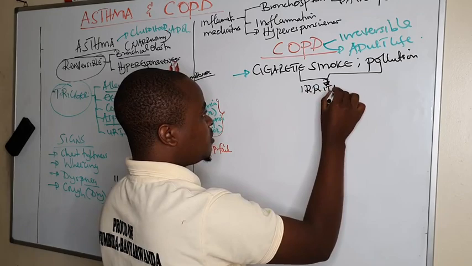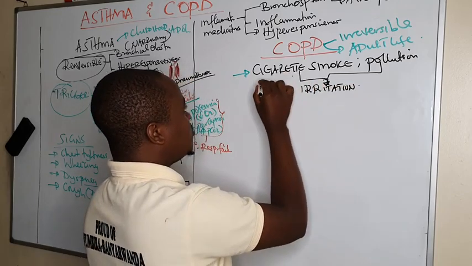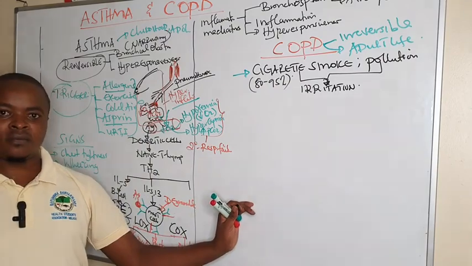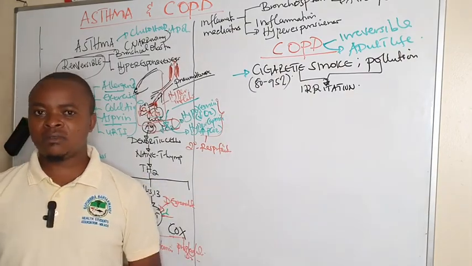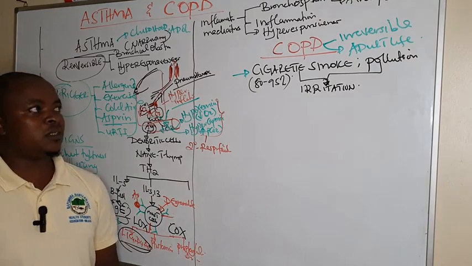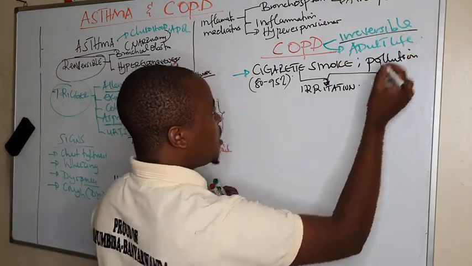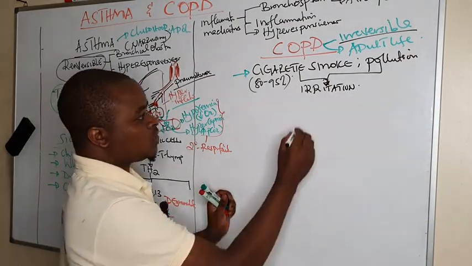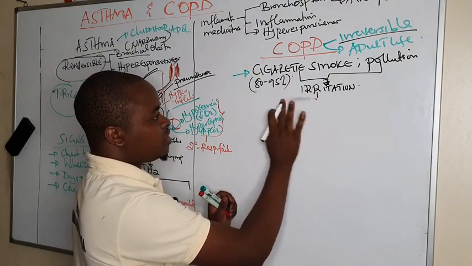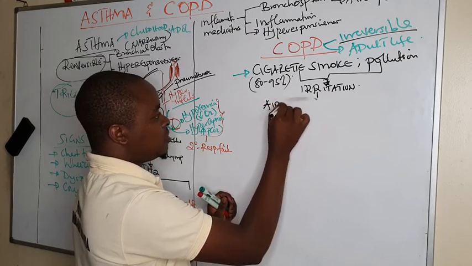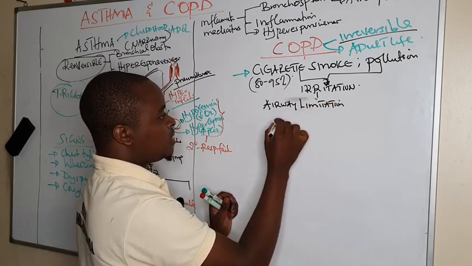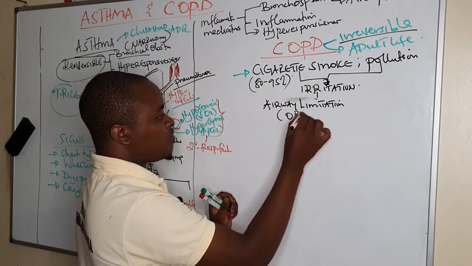Bring about respiratory irritation. So the major cause, which is 80 to 95%, is smoke, majorly cigarette smoke. It is seen in smokers and those who have quit smoking, causing irreversible airway limitation. It results in airway limitation, or you can call it obstruction. And this limitation or obstruction of the airway